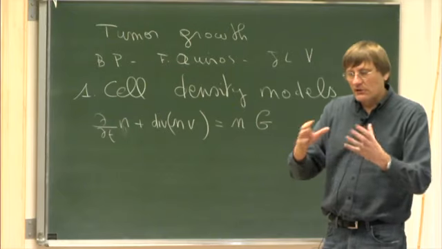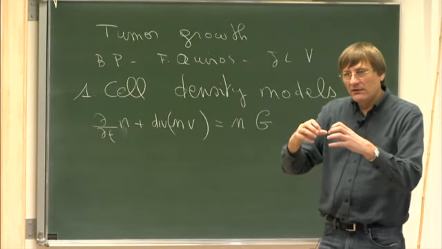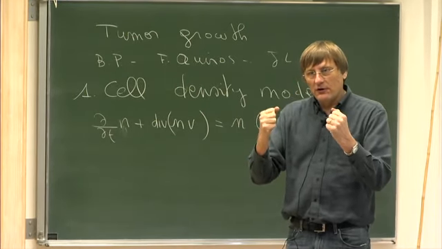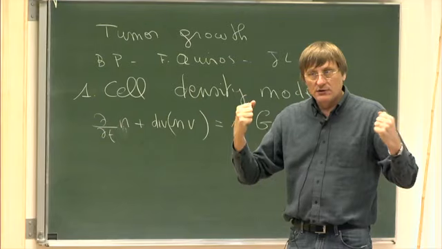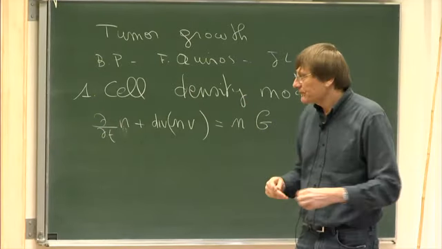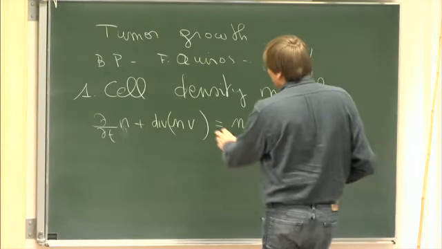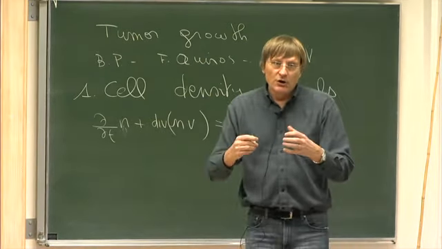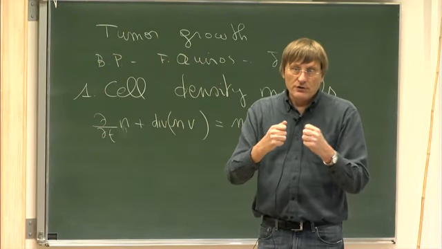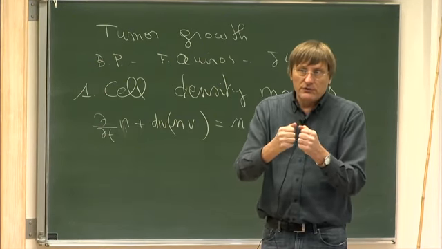The tumor cells, because they divide, push each other and create pressure, and this pressure pushes all the cells far away. And so the velocity v in this framework is only a result of the pressure coming from just the growth